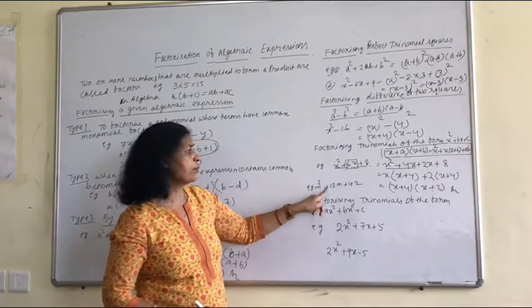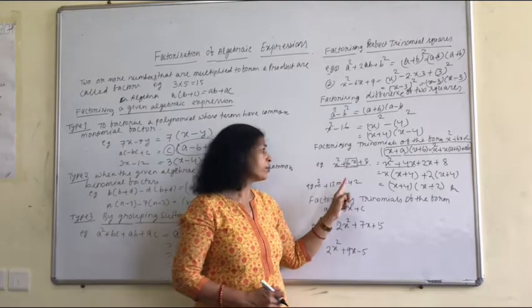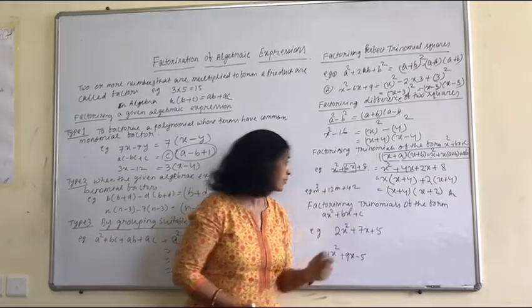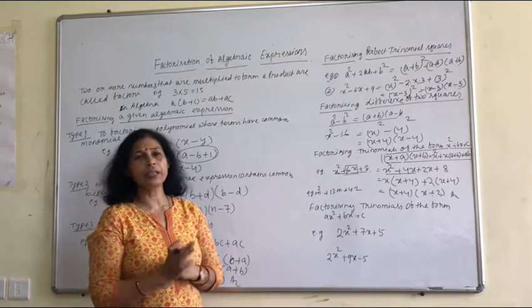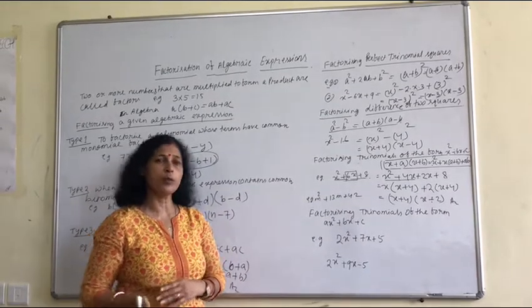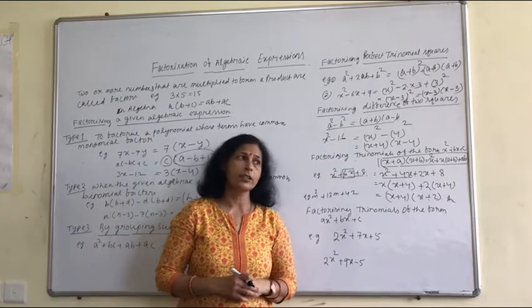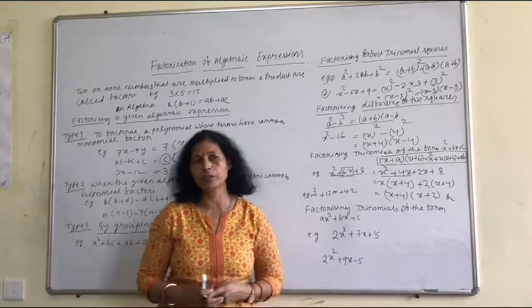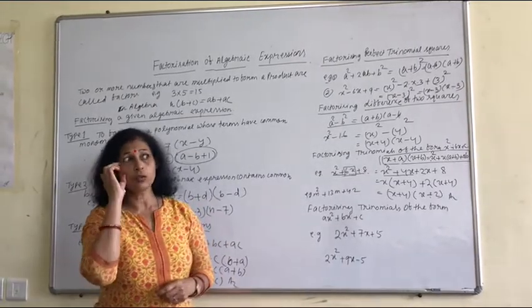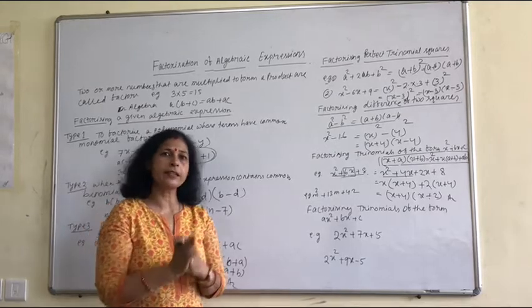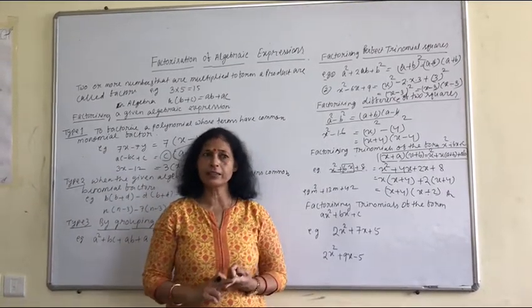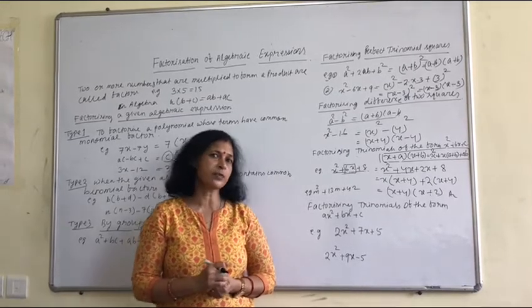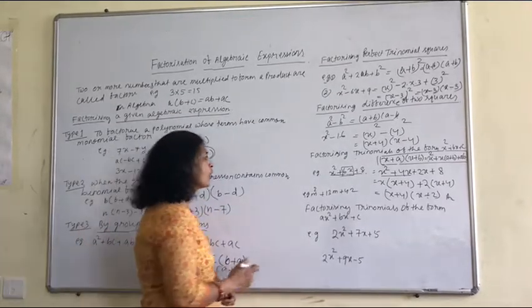example, m square plus 13m plus 42. So which two numbers do you multiply to get 42, and add to get 13? What are the factors of 42? 6 and 7, two factors. If you multiply 6 and 7, you get 42, and if you add 6 and 7, you get 13. 6 plus 7 is 13. So you can break